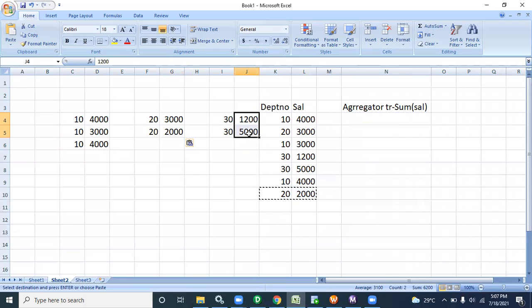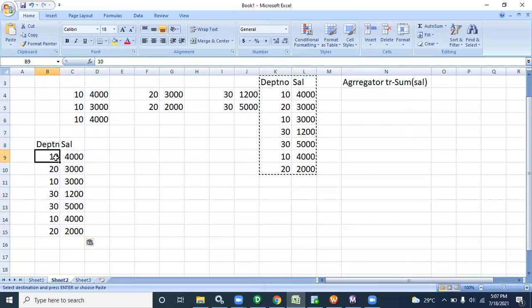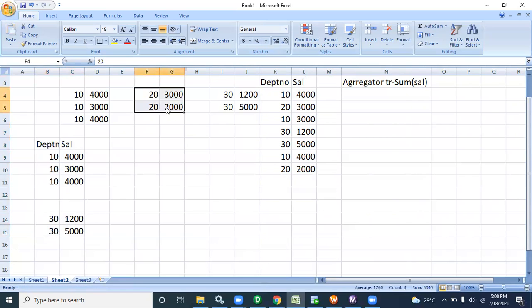But when you are using sorter transformation before aggregator, how will it work? After putting the sorter, the data looks like, let me show you, 10, 10 will be here, and both 30 will be here, and both 20 will be here like this.